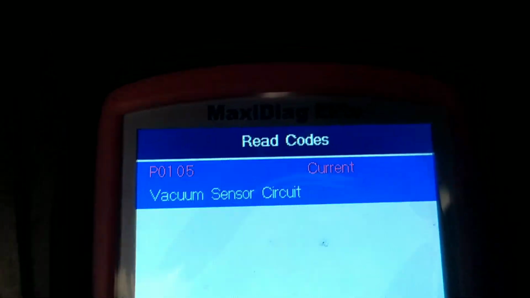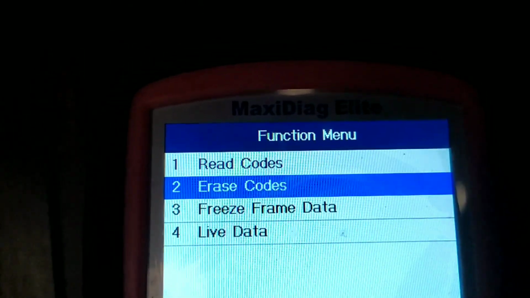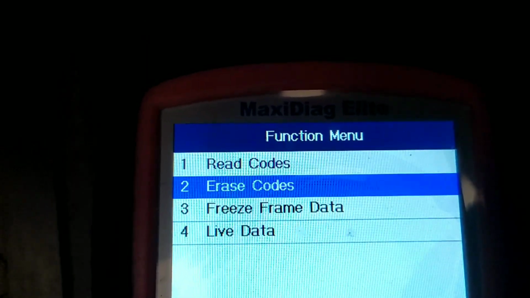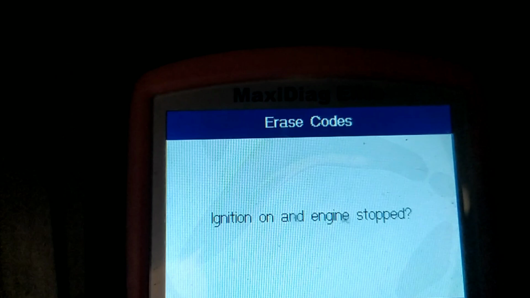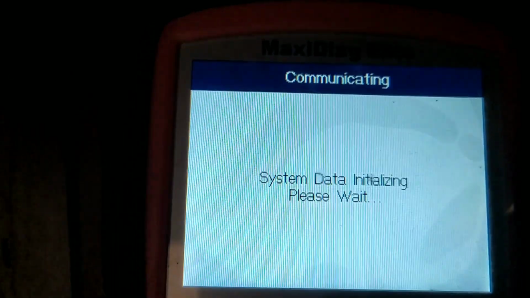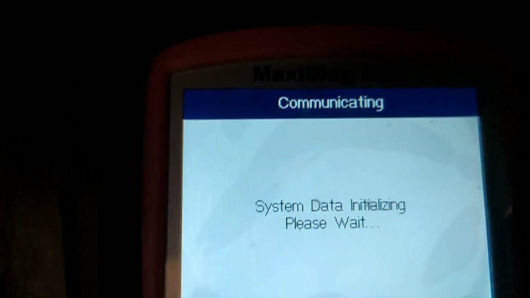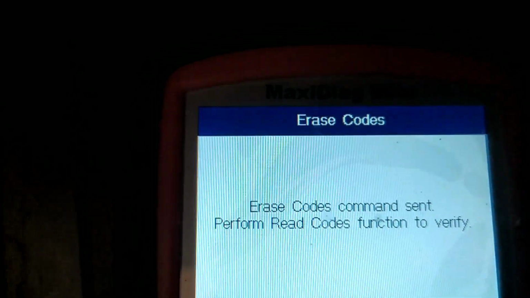Yes, current, that's the right thing. So I'm going to erase the code. Yes, the engine has stopped and the ignition is on. So after the code gets erased, we're going to check out the live data